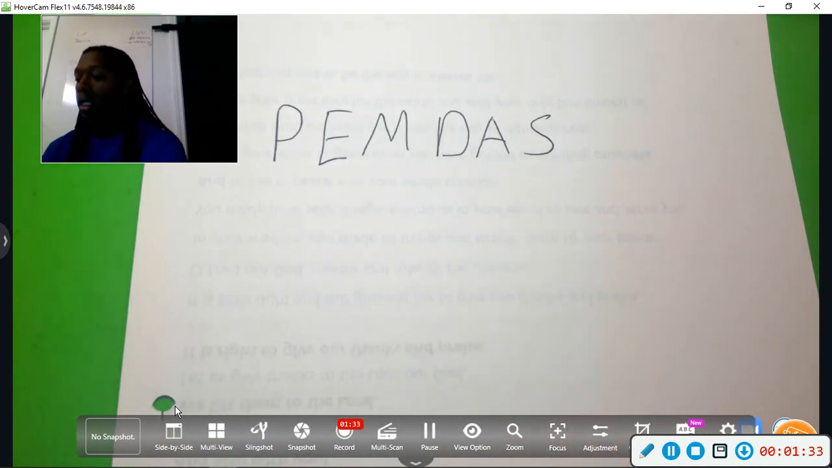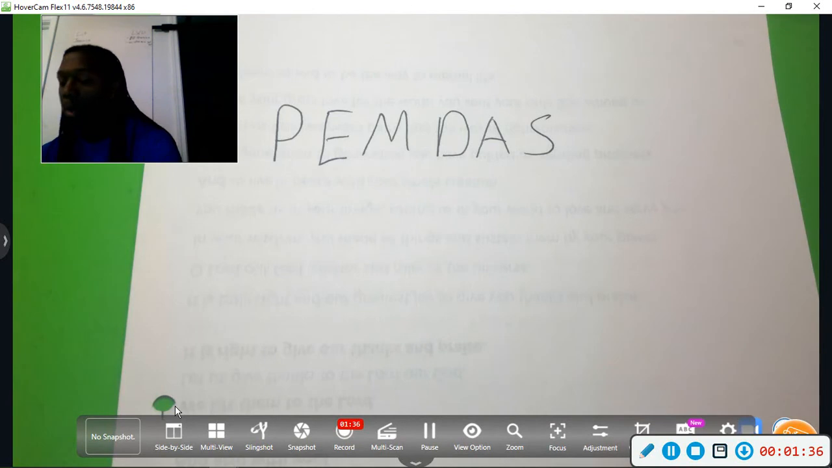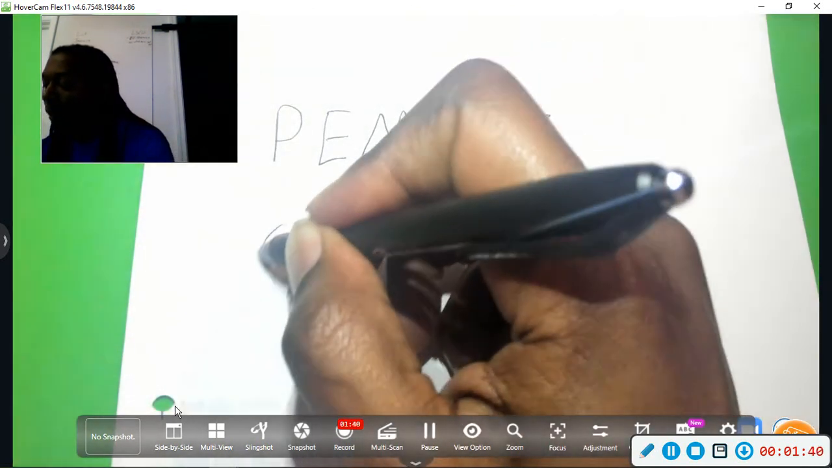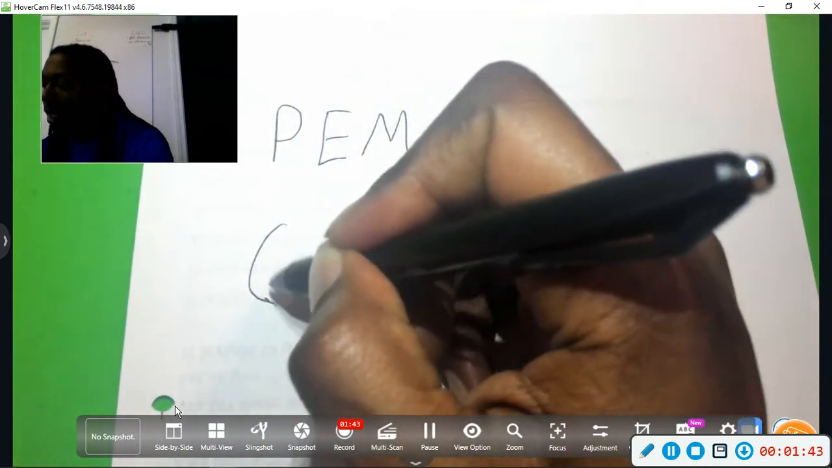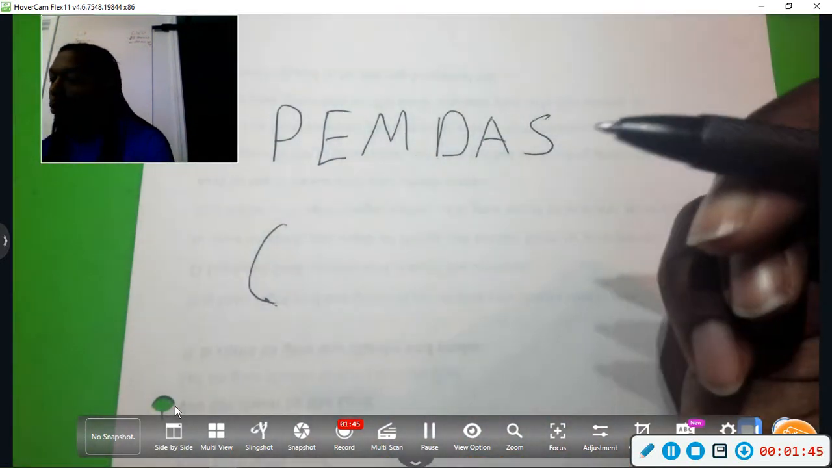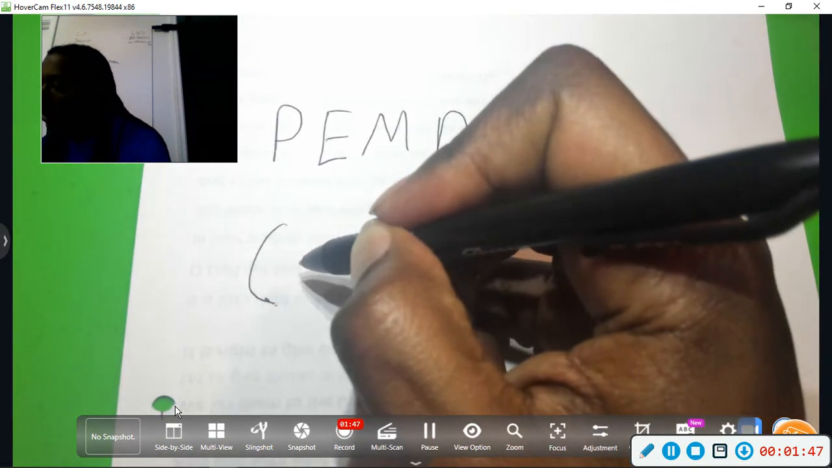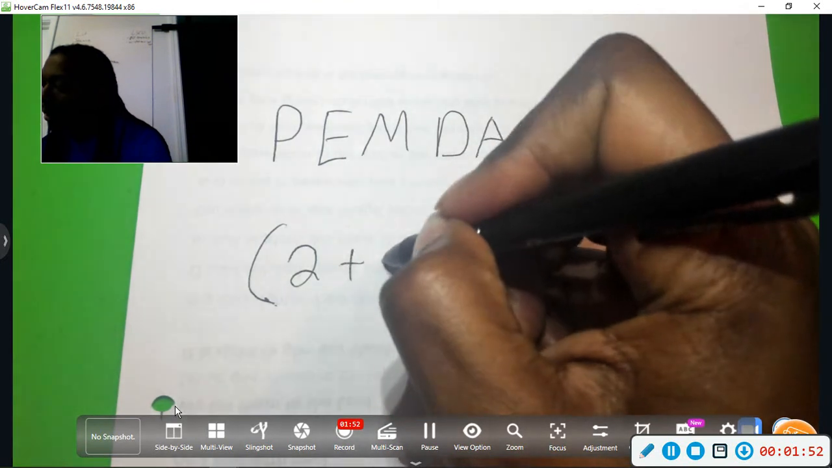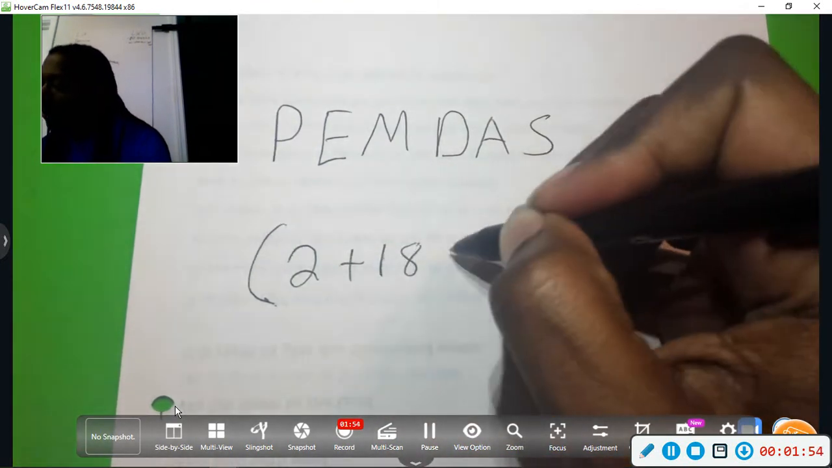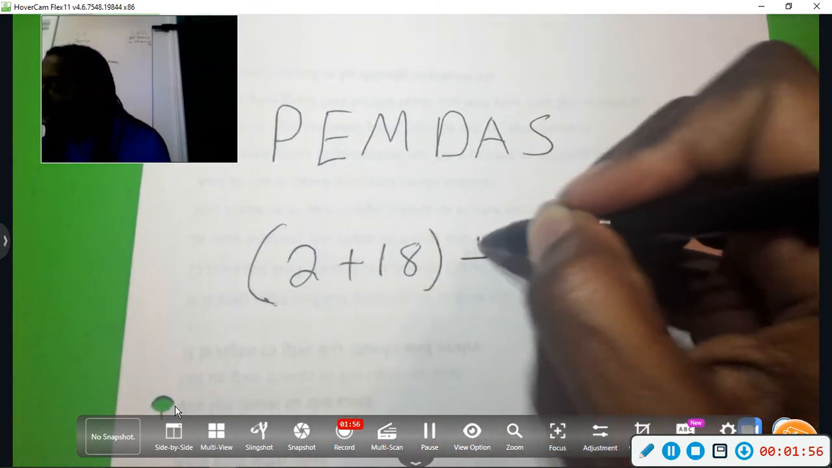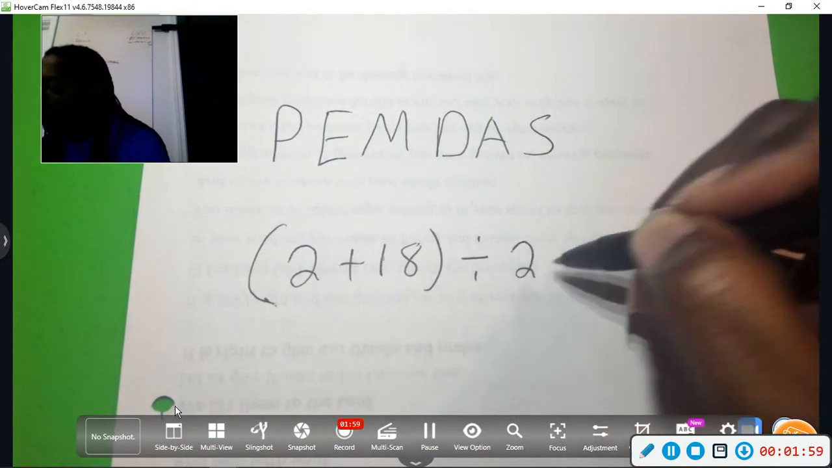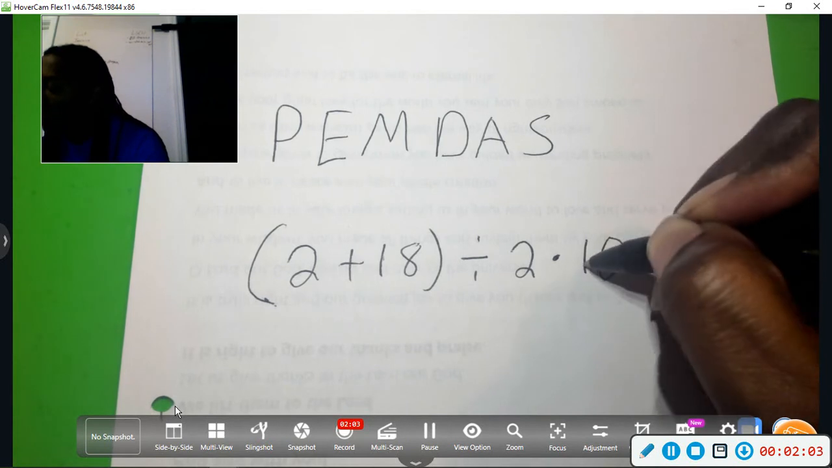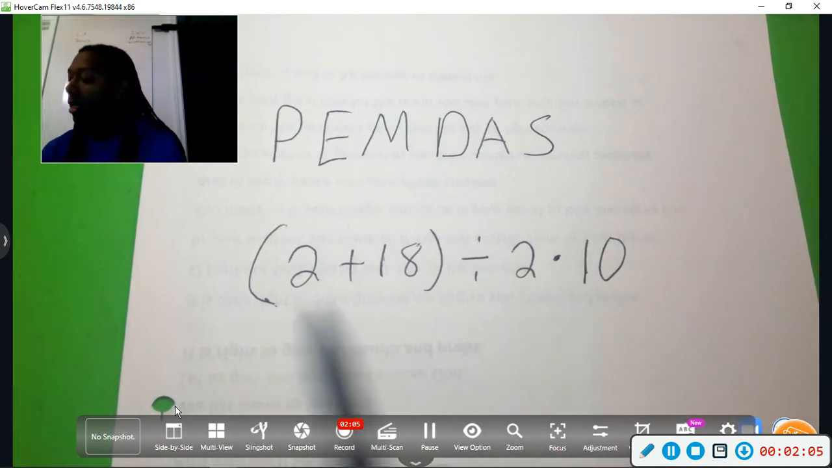So I just want to see if you can do it. I want you to do this problem by hand. Don't get help. Don't use the calculator. Then post your answer here on the discussion board, and I'm going to come back later on and re-explain this answer. So let's just do 2 plus 18 divided by 2 times 10. Okay, so I think this is pretty simple, but this will give me an idea if you know